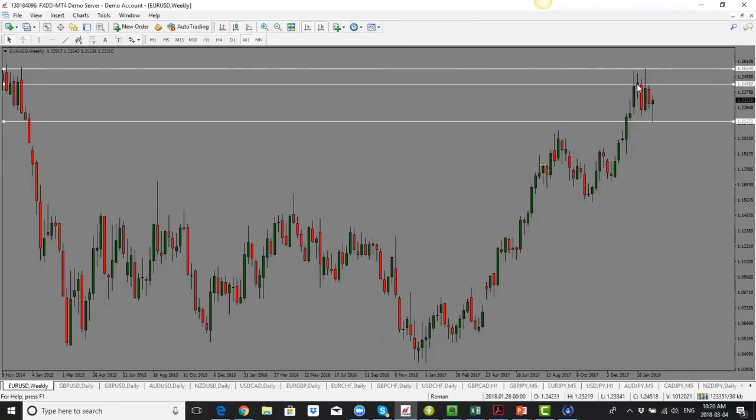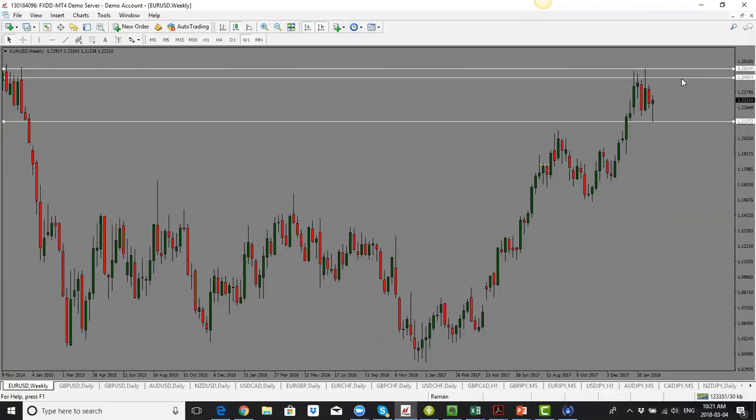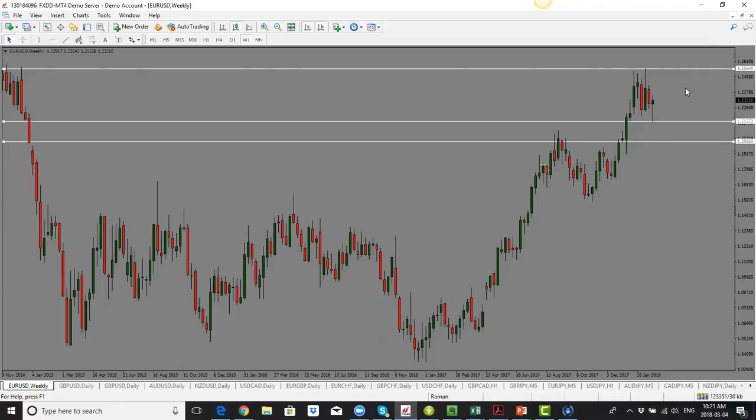Overall though, this is a range-bound market, and I'm treating it as a range-bound market, and we'll keep on doing so till we see a break either above the high or below the low here, and that has to be a good close in either direction, and we haven't seen that. We have seen pins to the high, pins to the low now. So all we're looking for is trading this back into the range here. This is a bullish pattern. I'm looking for price to go up, and the first target would be the 1.2460 level, and then further up, I'm looking for 1.2550. So I'm just going to trade this towards the top of the range.